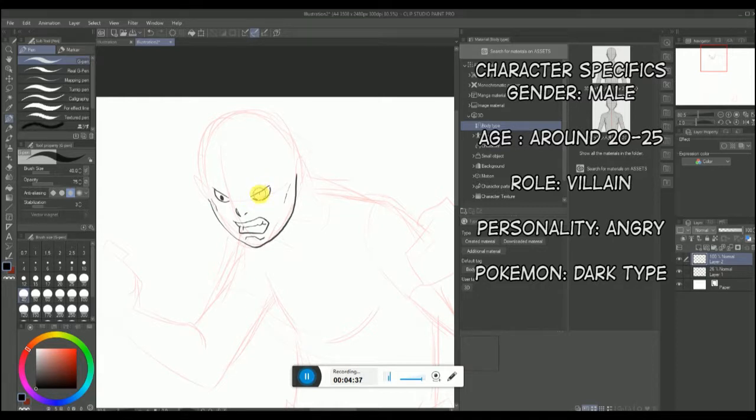What I love about Pokemon is the way they draw the eyes. Every character has a different eye shape that defines his personality. I'm going to remove the line.